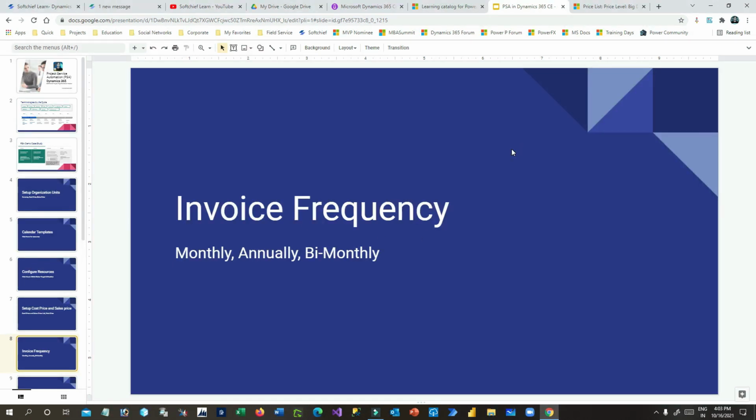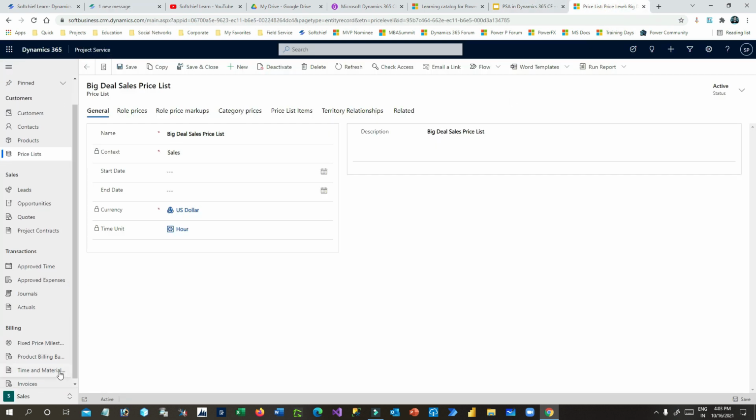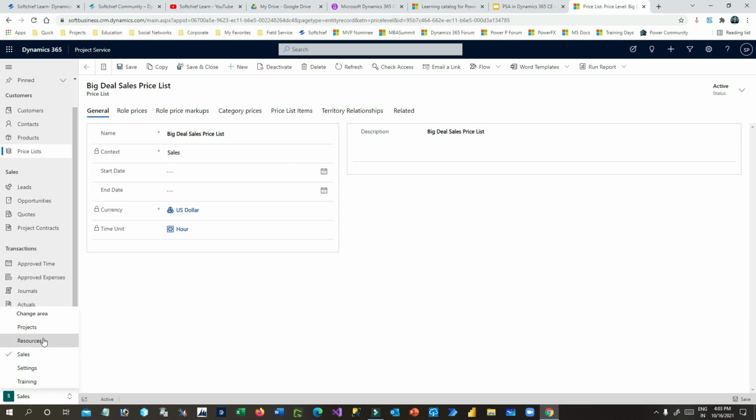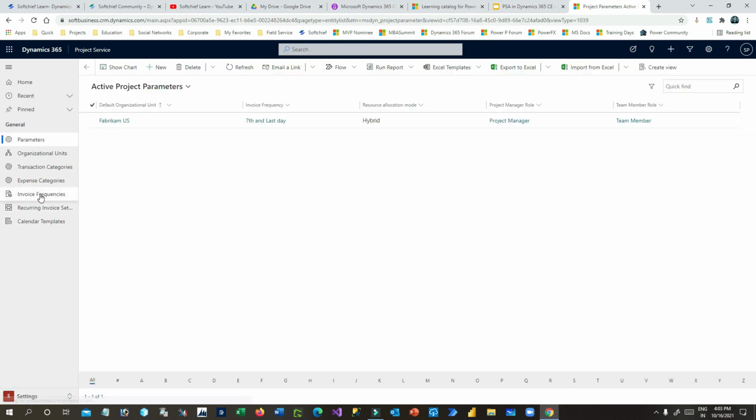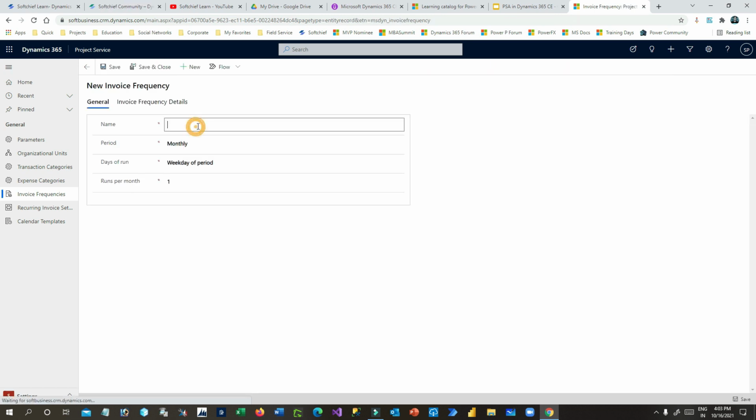Invoice frequency is defined in Project Service Automation to decide at which frequency you want to bill the customer for invoicing, right? In Dynamics 365 Project Service Automation, if you go to settings, you will see a section called invoice frequencies. In the invoice frequencies, you have to define your own invoicing frequency method. Let me click on new and give a name, Big Deal invoice frequency,